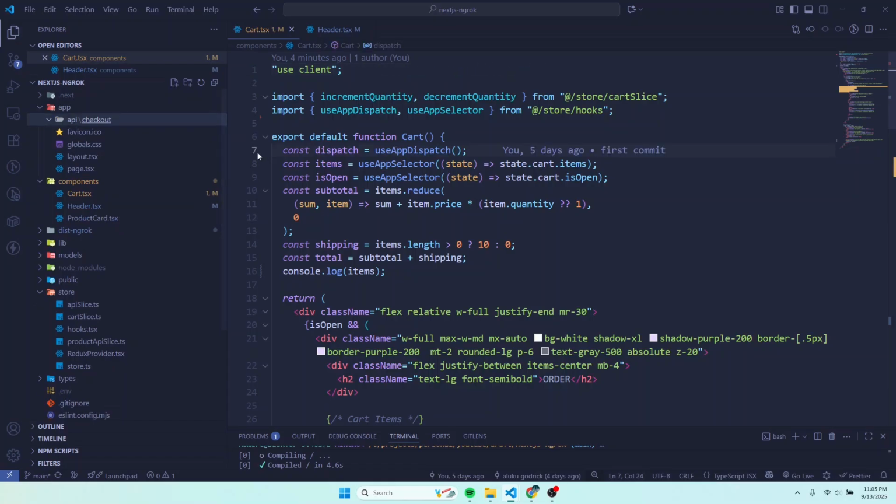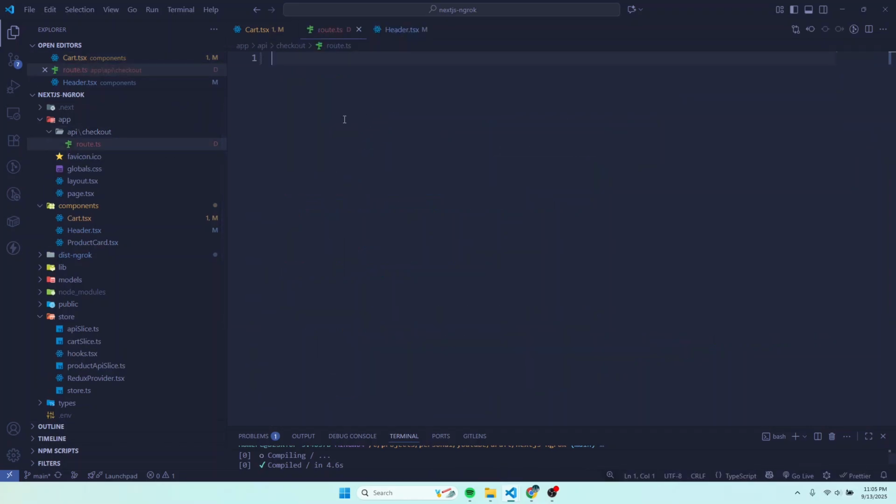Then within the checkout, of course, I'm going to create a route. So I need to create a new file here. Of course, it's supposed to be route.ts. So within the route.ts, we need to create our order number